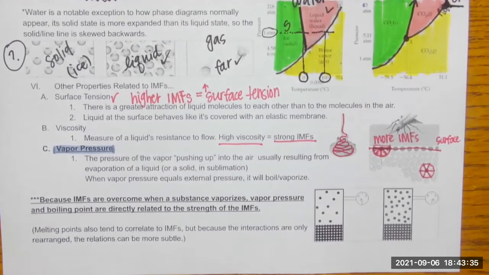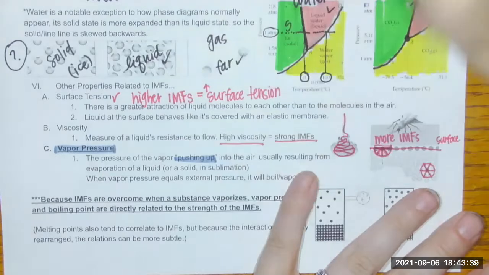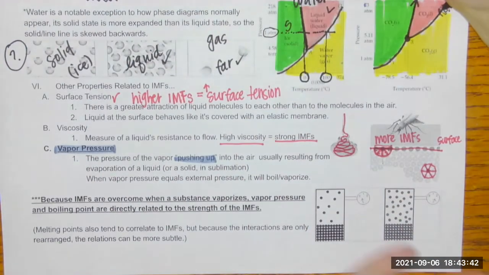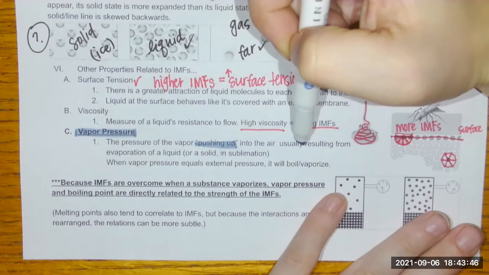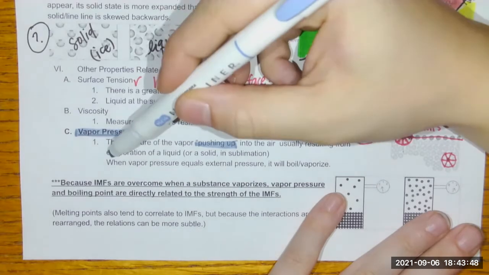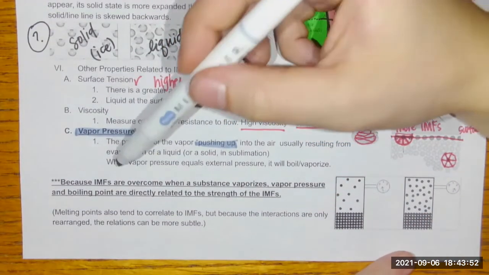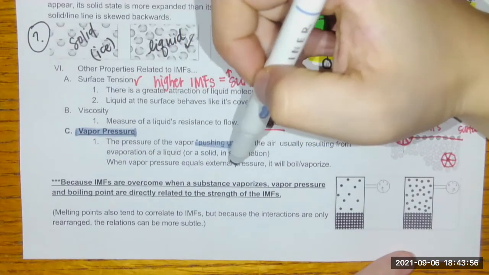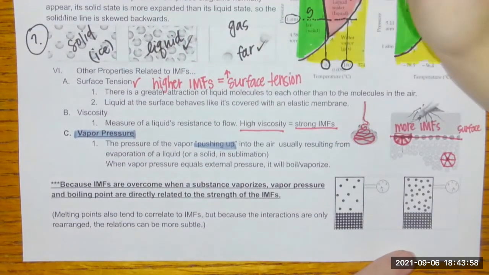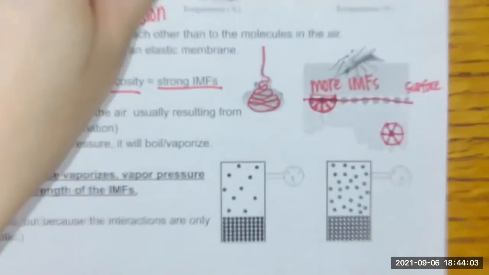So the liquid in a container has to push itself up into the air. The pressure of the vapor pushing up into the air resulting from evaporation of a liquid, usually. When vapor pressure is equal to the outside pressure, that's when it's boiling. So if I zoom in